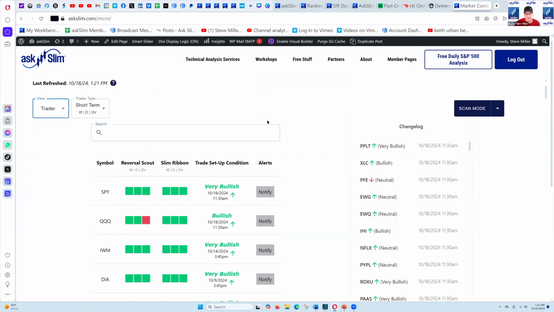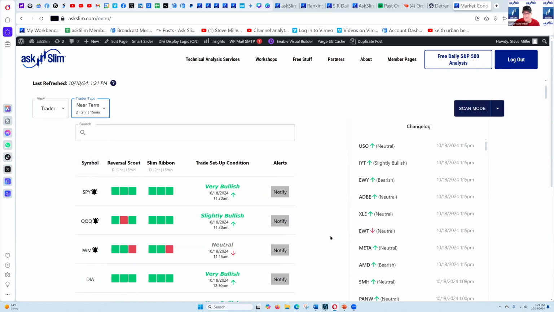We'll stay on short term right now because the short term is telling us that you're either very bullish or bullish, looking at SPY, QQQ, IWM, or DIA. They're in that very bullish condition. So no matter if a correction is anticipated, there's really no reason, based on everything that we look at, to be short yet, because the market's not telling us so. Even if you look at the near term, which has really short-term inputs, it shows you very bullish.